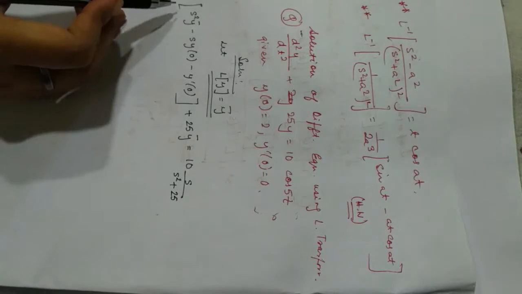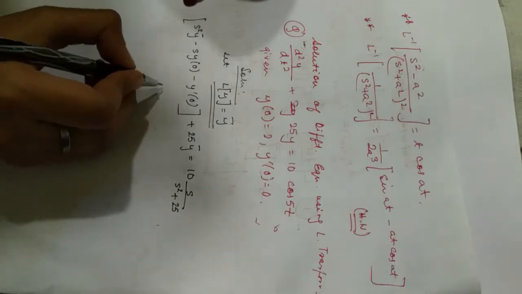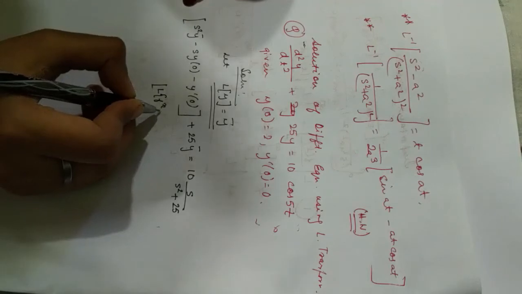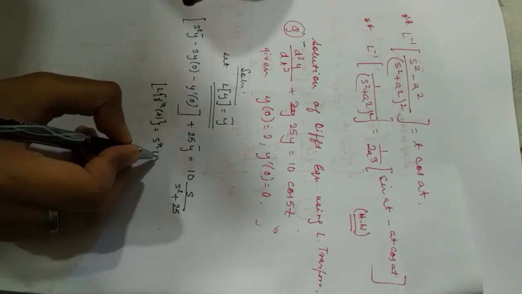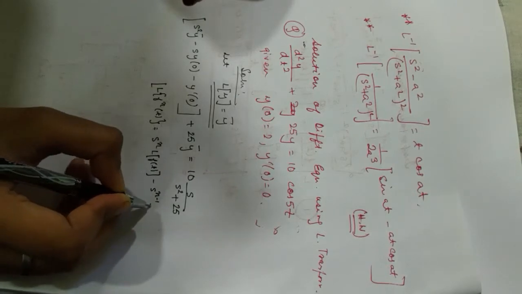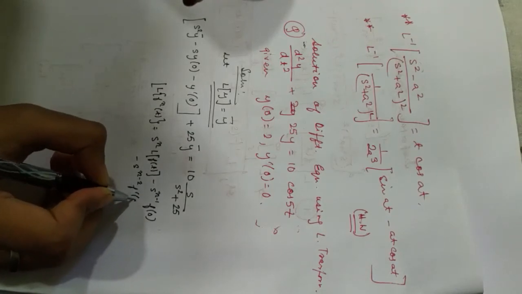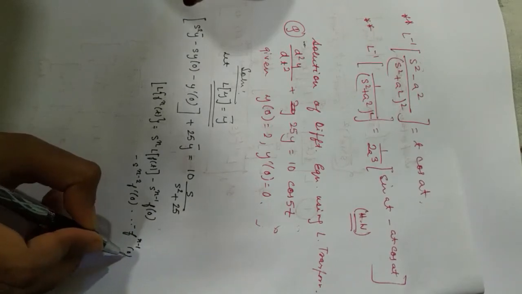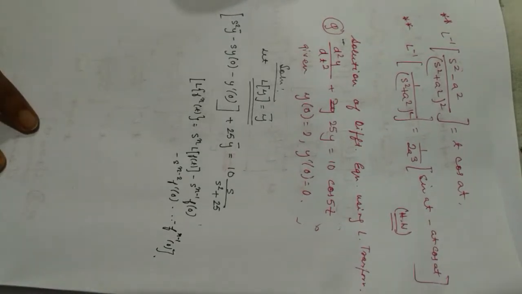Now this formula we get from what we had already proved in previous classes, but still I am writing it for you. The Laplace transform of the nth derivative of a function is given by s to the power n times the Laplace transform of the function, minus s to the power n minus 1 f0, minus s to the power n minus 2 f prime 0, and this continues to minus f to the power n minus 1 of 0. We had already proved this in our previous classes, so we have just used this formula in the equation.